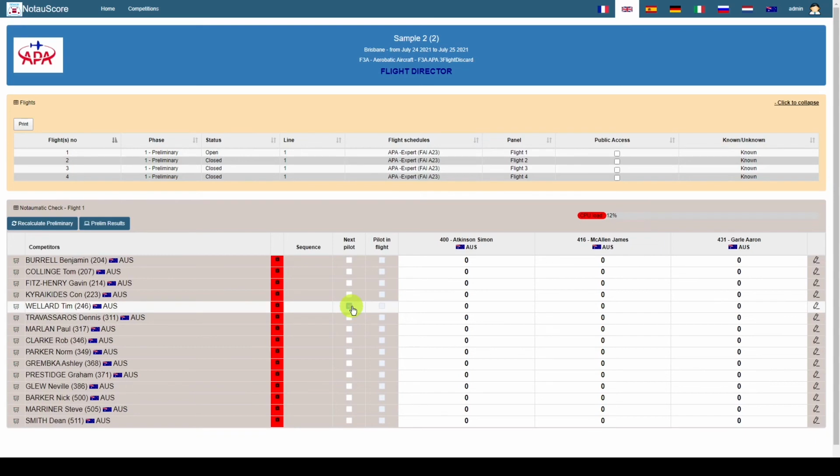In the order that I tick these boxes is the order in which these pilots will fly. And as you can see, the numbers are popping in the order that I tick the boxes. That's not a very practical way of doing things, but it is a method that you can use.